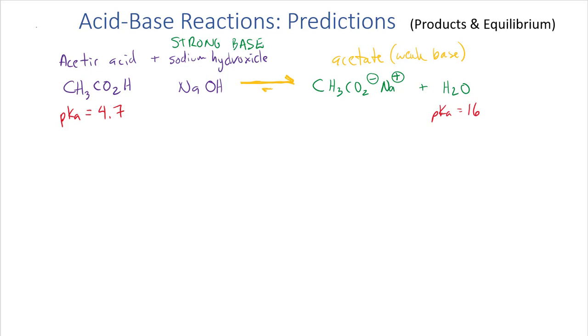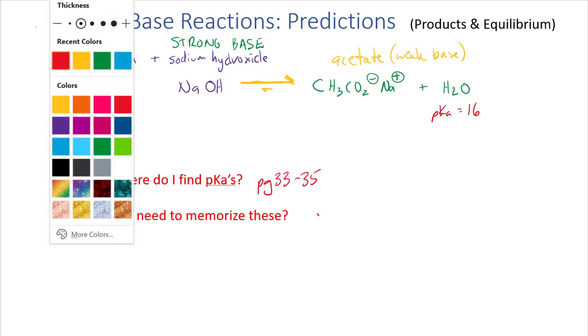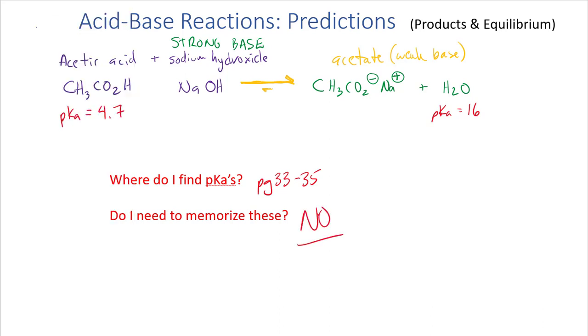Now, if you're wondering where to find these, there's a nice table in your textbook on pages 33 to 35. It's a 3-page table, so it's got a lot of information in there. And if you're wondering whether you need to memorize those values, the answer is no. We're not looking to memorize any pKa values. If you need any of these, I'll give them to you. But I do want you to be able to remember what to do with them, as well as why they're